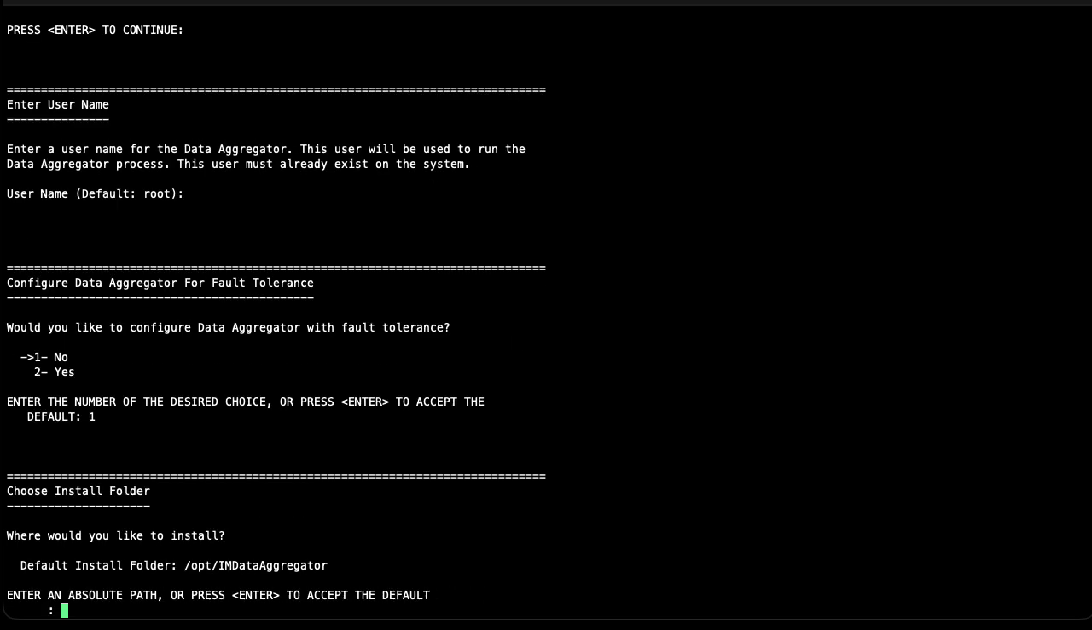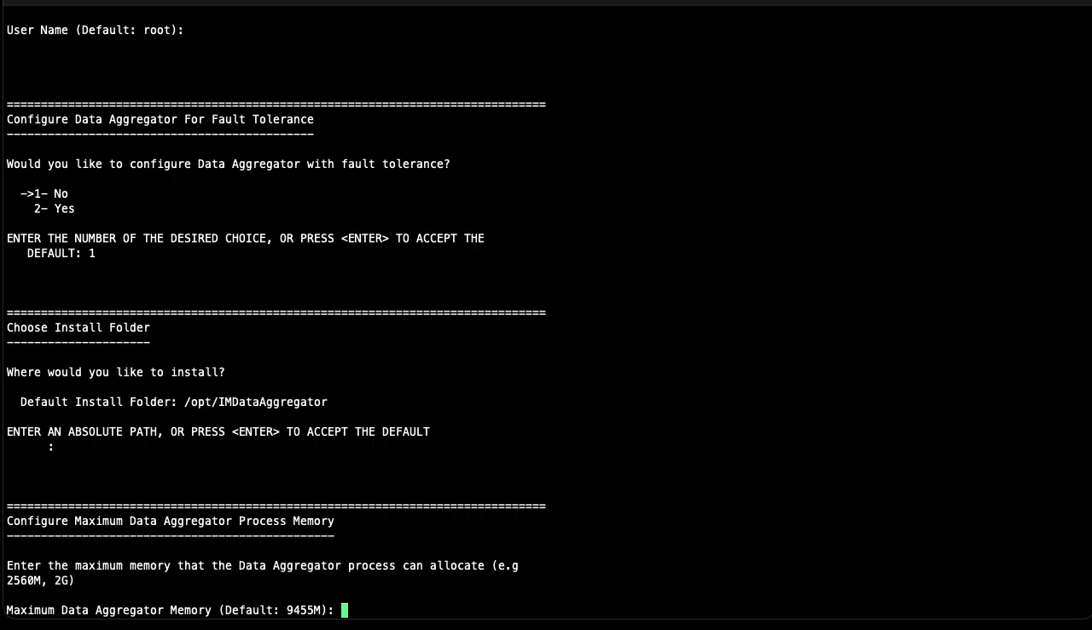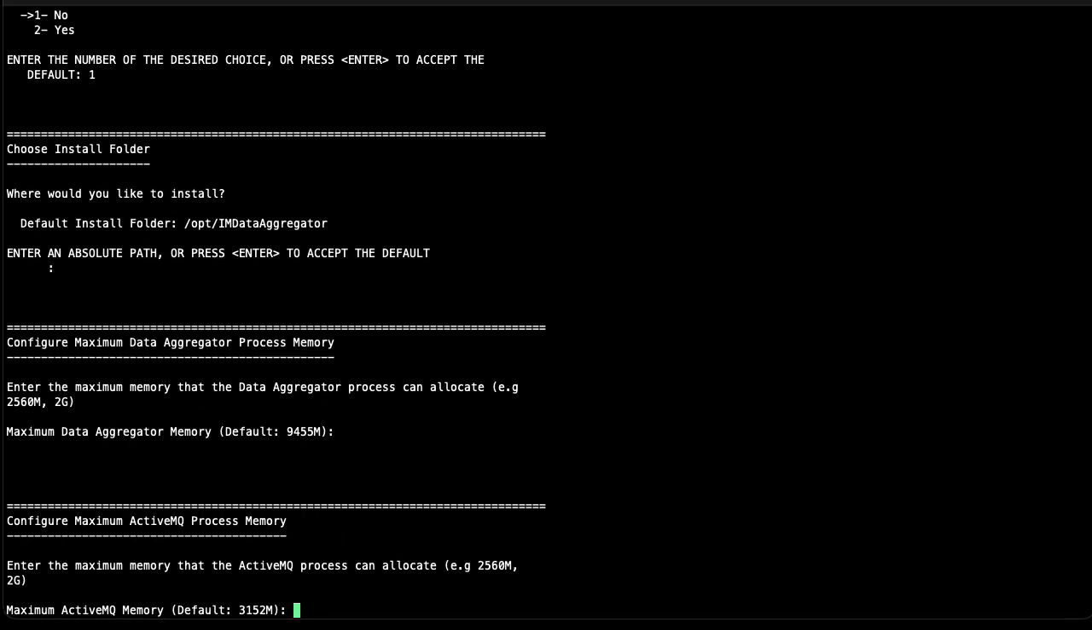For the Choose Install folder, this is the directory where the Data Aggregator will be installed. We will use the default install directory, so we'll press enter to accept it. For the Configure Maximum Data Aggregator process memory, this is the memory for the Data Aggregator. There is no need to change the default unless there is a specific reason or you have been instructed to do so by support. And for the Configure Maximum Active MQ process memory option, we can use the default memory option